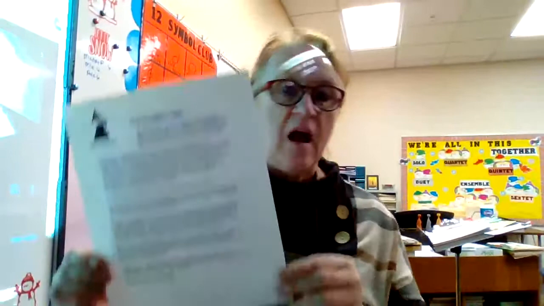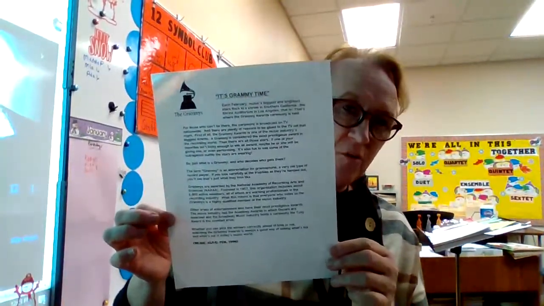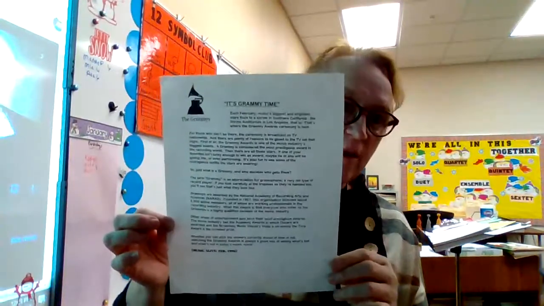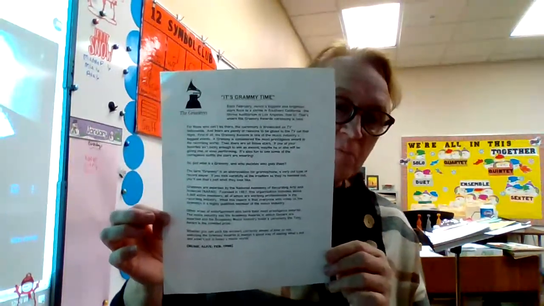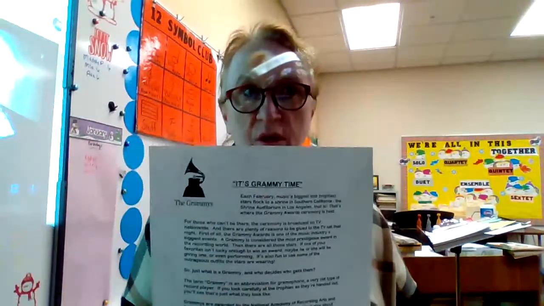Now, if you are in 6th grade, I'm also going to attach to your weekly lesson plan this sheet, which explains what Grammys are, what the awards are for, how you get to be a Grammy winner, things like that. And the 7th and 8th graders, we read this article and we learned about it when you were in 6th grade, so I'm not going to have you do that. But if you were a 6th grade distance learner, I want you to read this article, and then write down 5 things that you learned about the Grammy Awards from this article and send that back to me.